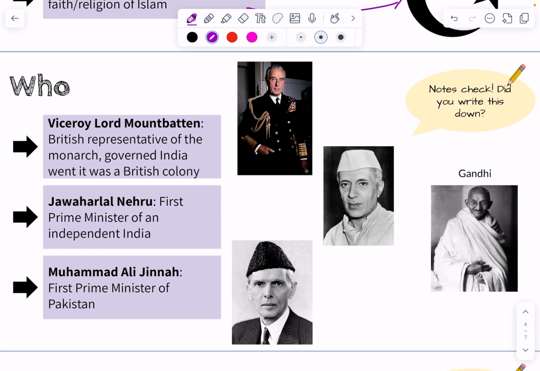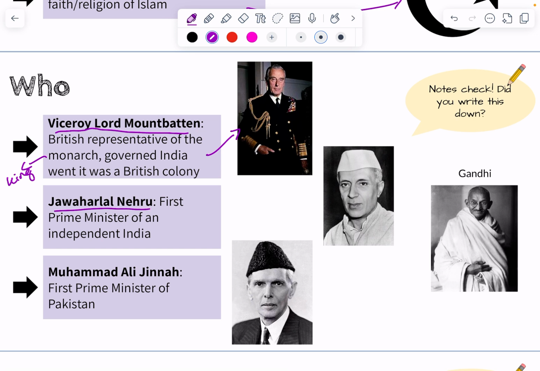Who are the main people involved? First person we're going to learn about is the Viceroy, Lord Mountbatten. This was a British representative of the monarch, which is like the king. And he governed India, or ruled over India, when it was a British colony. Next, we have